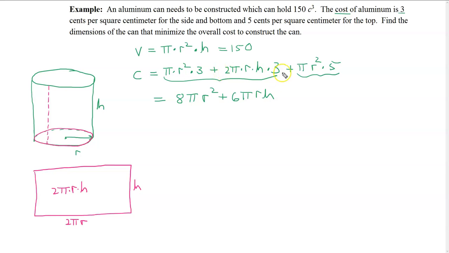Alright, that comes from 2 times 3 here, and then pi r h. So this is our cost equation. Now, if you think back to our guidelines, we have our cost equation in terms of 2 variables. We have to get rid of one of these variables. So we'll choose to get rid of the h right here. So we have to go back to our other equation up here, and we'll use this to solve for h in terms of r. Well, dividing the pi r squared under the 150, we get that h equals